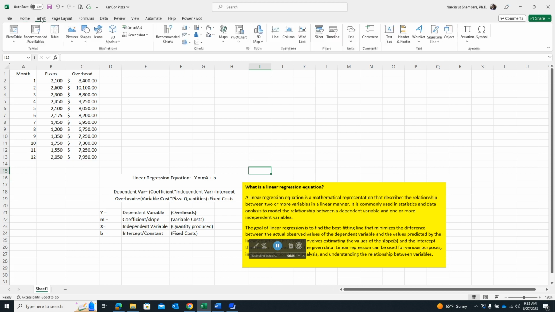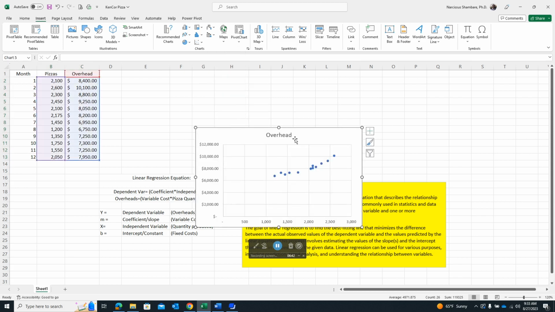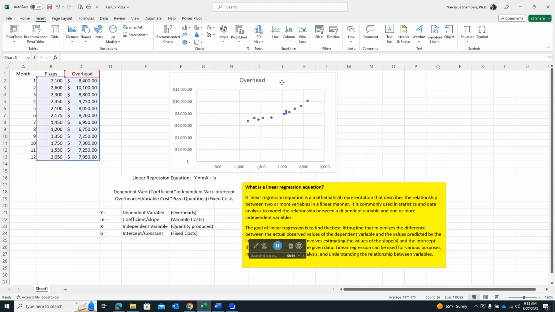So a scatter graph, where is it? If you click on insert, under chart group, there is a scatter graph. But of course, we have to select the data we want to use to generate that particular scatter graph or scatter chart. So if I go there, click on it, and I want the very first one, and before you know it, it is actually generated